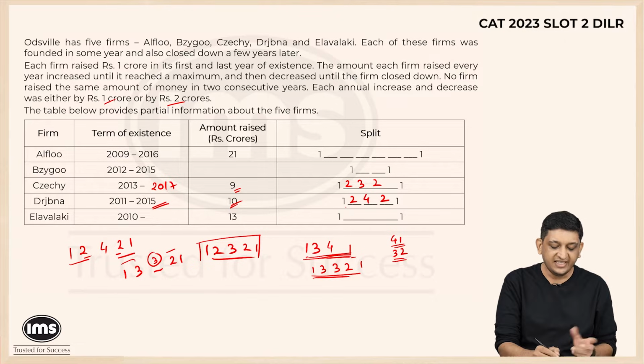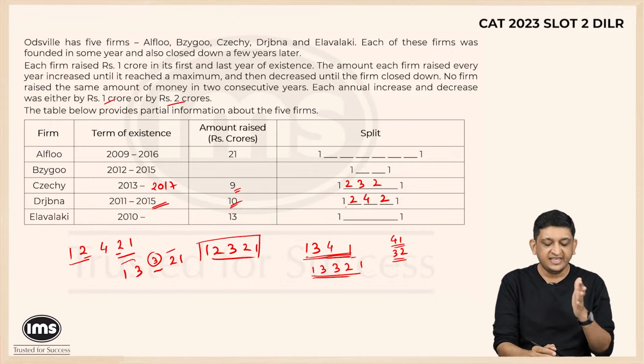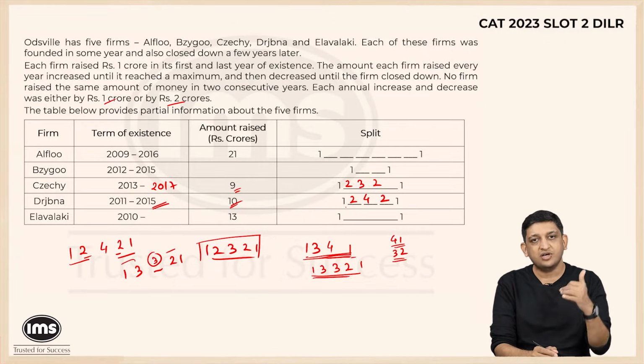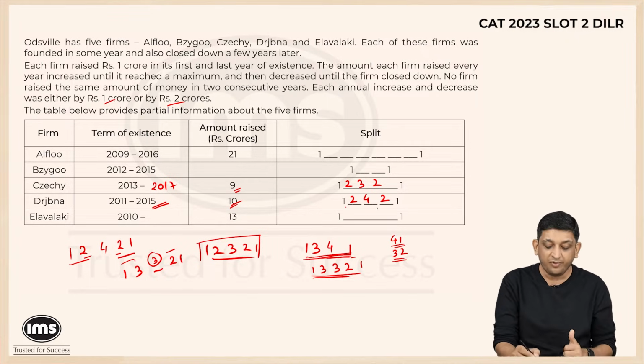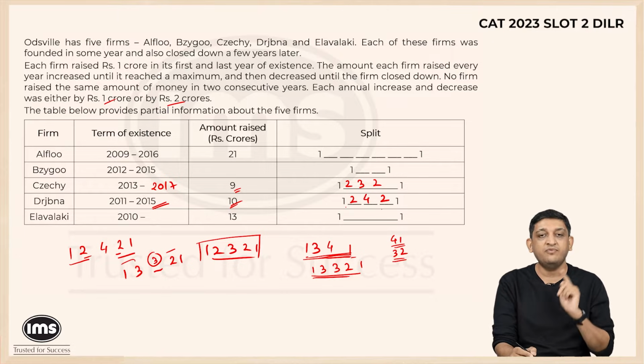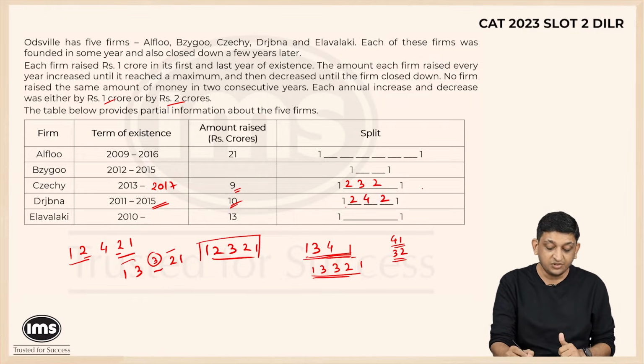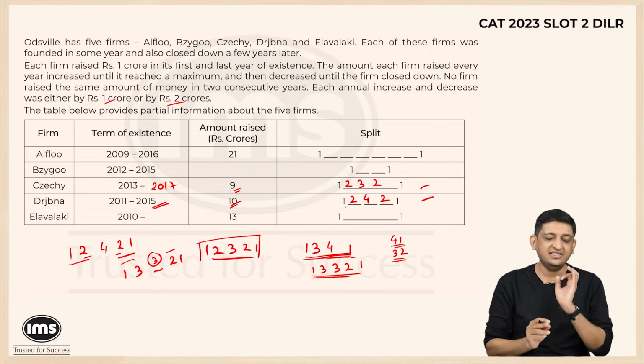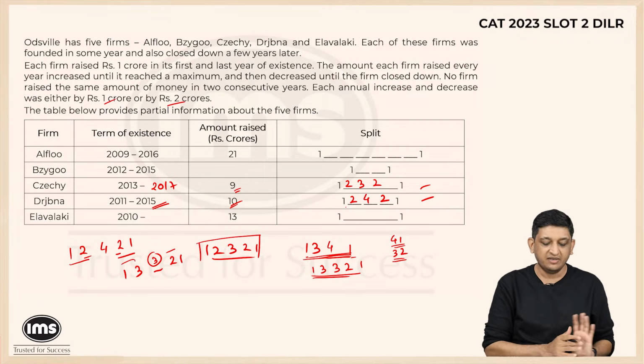Right? So 1, 3, dash, 2, 1 will not work. 1, 3, dash, 3, 1 will definitely not work because it will have to rise even further, and that will take it beyond 10. So the only possibility that exists for D will be 1, 2, 4, 2, 1. So that is the only thing that is possible here. Right? So these two are definitely the ones wherein we have exactly one way of representing the numbers that were supposed to be represented.